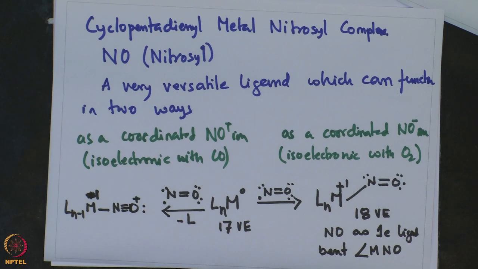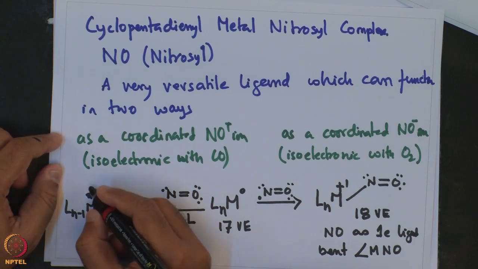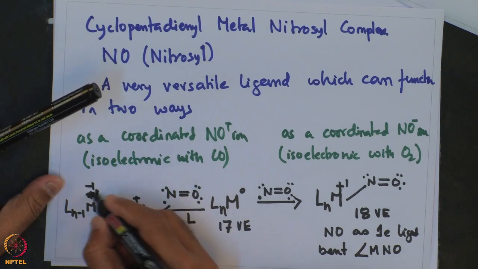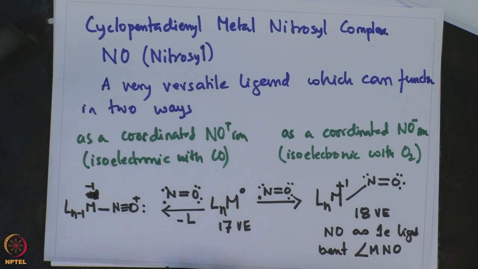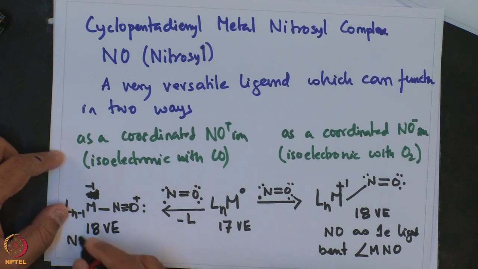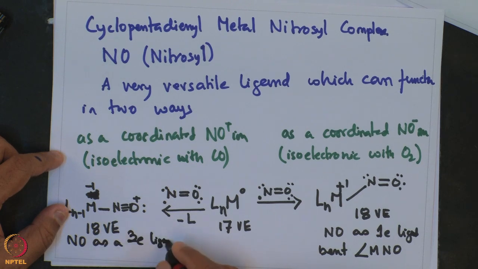So, it will have a conformation of this type. This is minus 1 and this is plus. So, overall it is a neutral molecule, and then it also has 18 valence electron configuration, NO as 3 electron ligand and linear